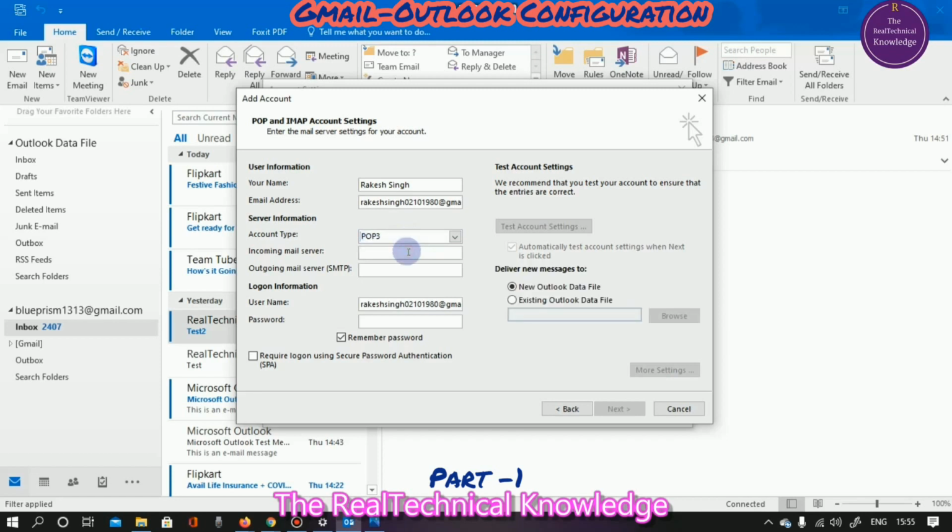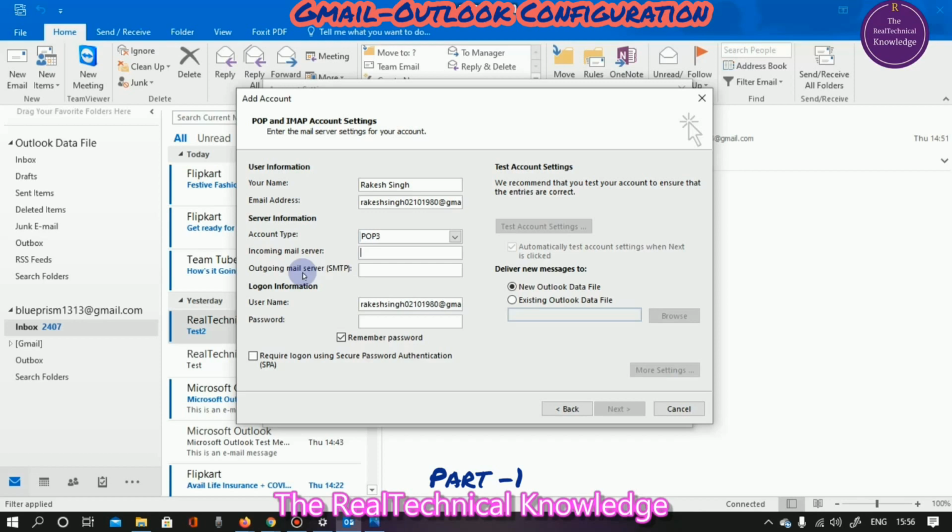So see, now in the server information, we need to update the incoming mail server and outgoing mail server. Incoming mail server means if any mail is coming to your email address, that server will provide you access. The outgoing mail server, SMTP, Simple Mail Transfer Protocol, is a method where if you are sending any email to a recipient, it will assist you in it.